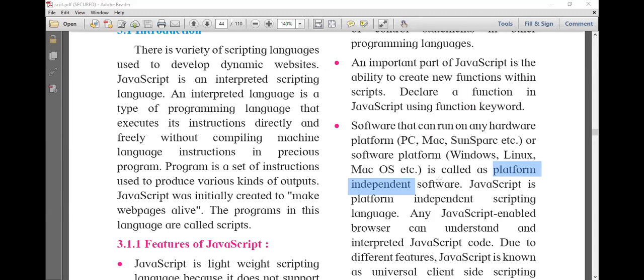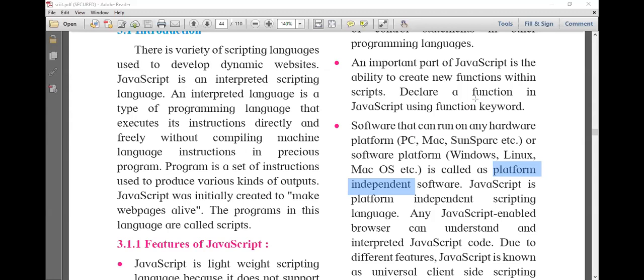So we can say that JavaScript is a platform independent scripting language, it comes under the platform independent software. Platform independent means what? It doesn't depend upon any hardware, it doesn't depend upon any software.